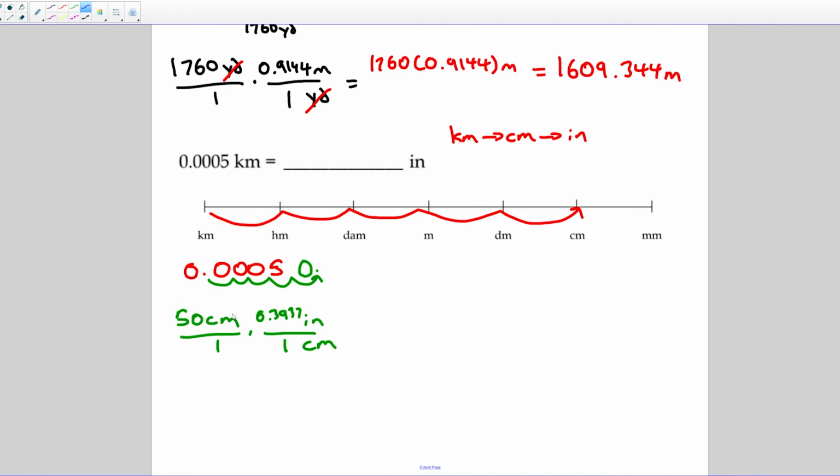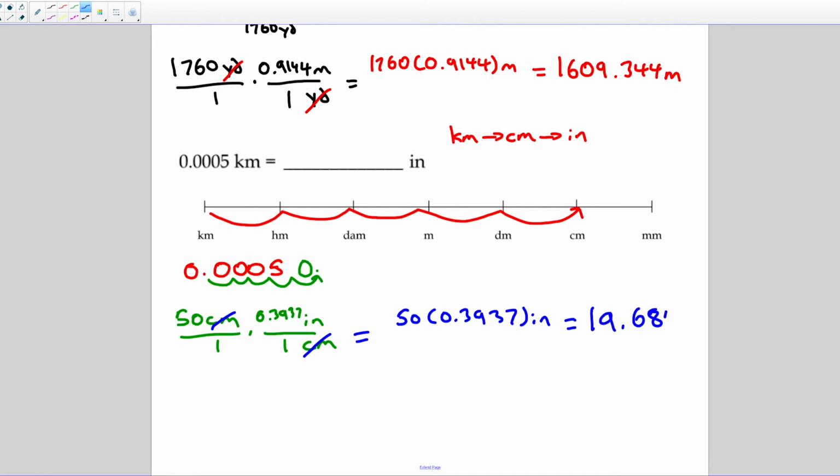I can get rid of my centimeters here and over here. And that means we're left with 50 times 0.3937 inches divided by 1 times 1. This leaves me with